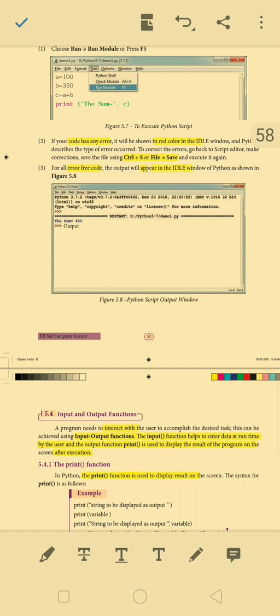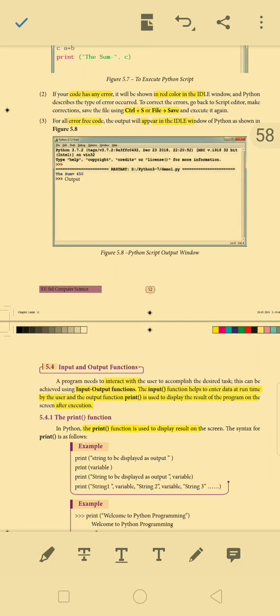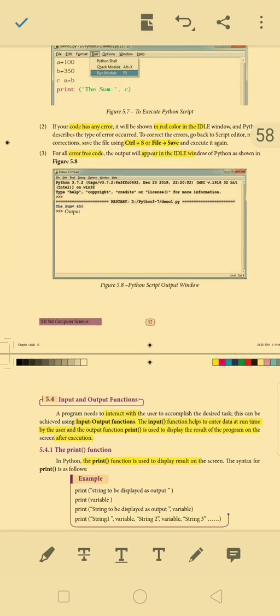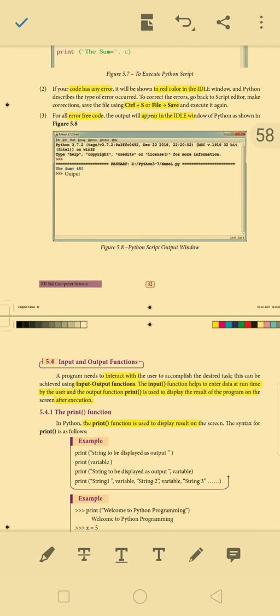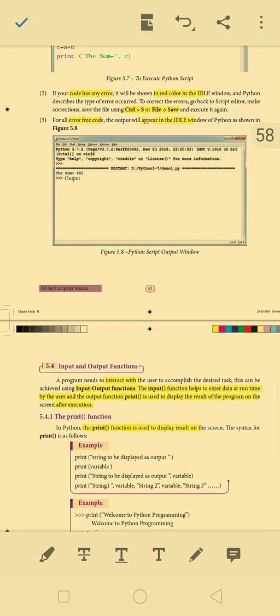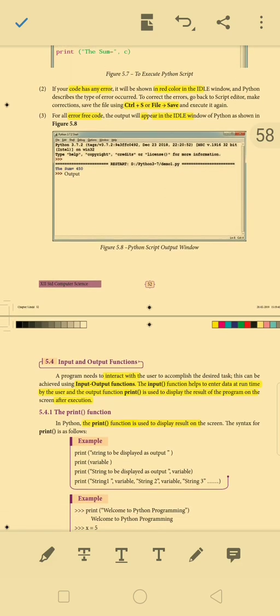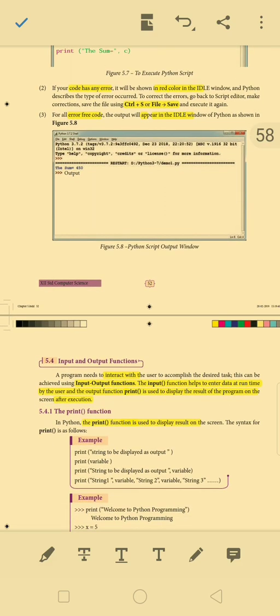To correct these errors, go back to the script editor, make corrections, then save the file using Ctrl plus S or file, save. Most probably, Python shows an error of some indentation. Indentation means white spaces. This is one of the most common errors. Next, for all error free code, the output will appear in the IDLE window of Python as shown